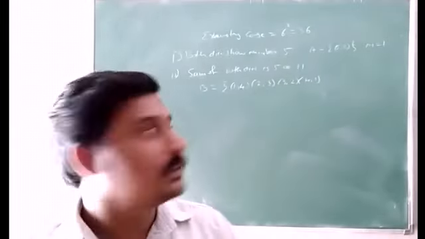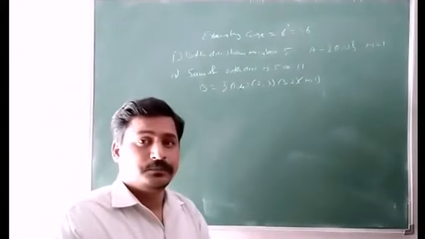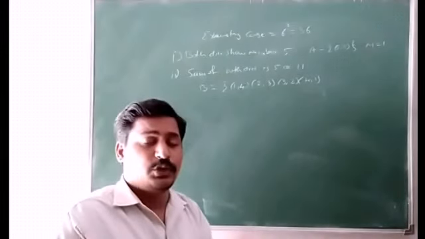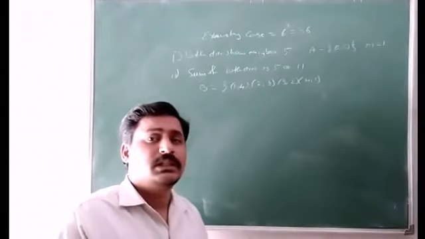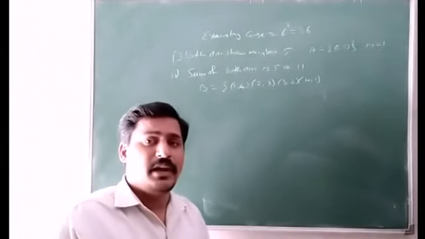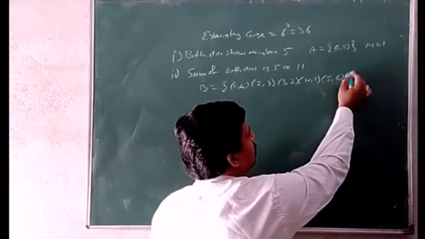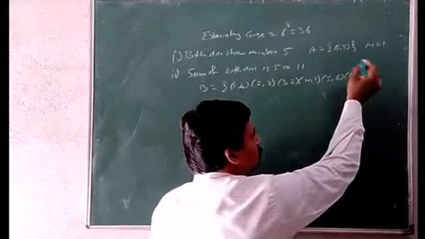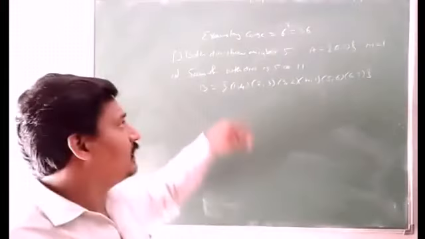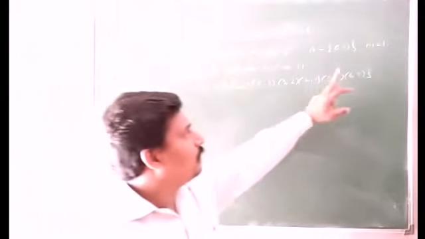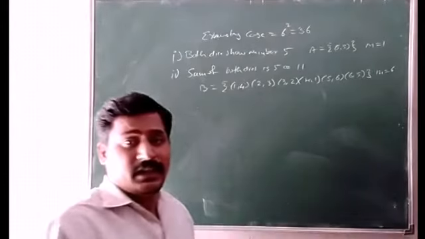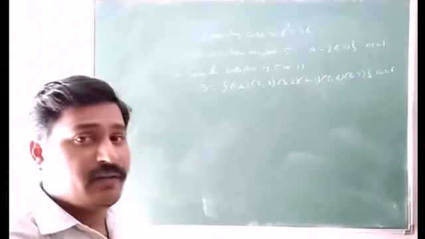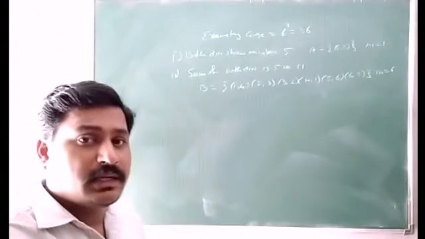Next case, that is the number 11. So which faces turn up so that we get a total of 11 here? To get the total 11, 6 and 5, 5 and 6. Only 2 chances. That is 5, 6, 6 and 5. So in total how many favorable cases are there? 1, 2, 3, 4, 5, 6. So m is equal to 6. So the probability of getting the sum of both dice as 5 or 11 is 6 divided by 36.